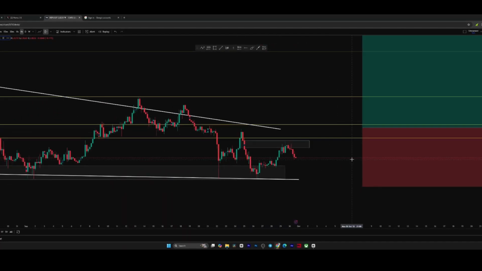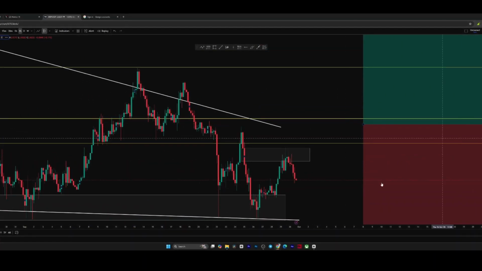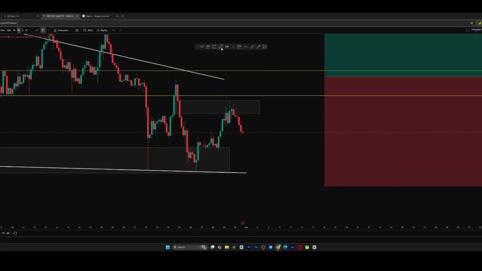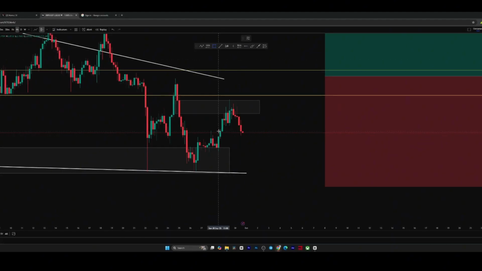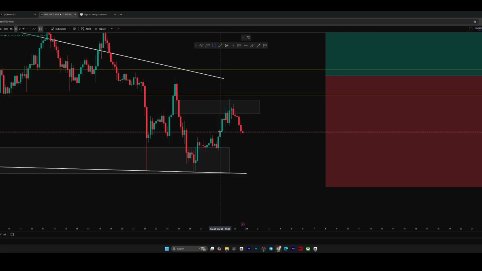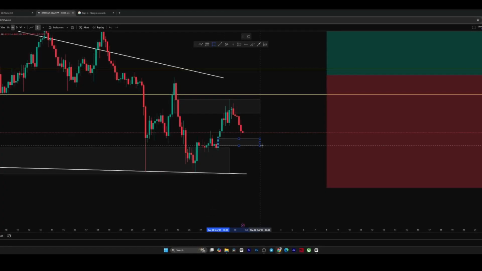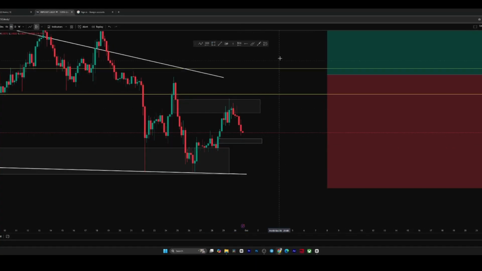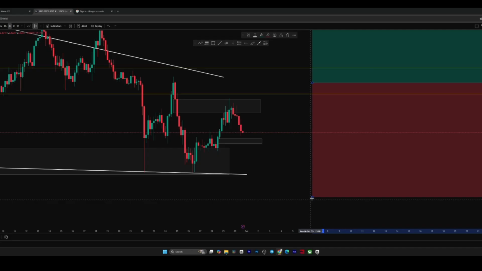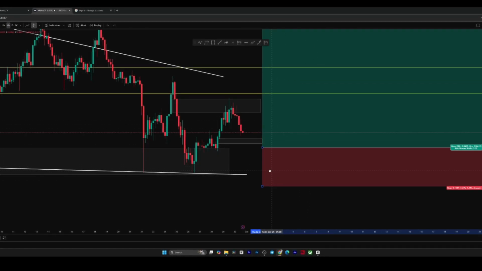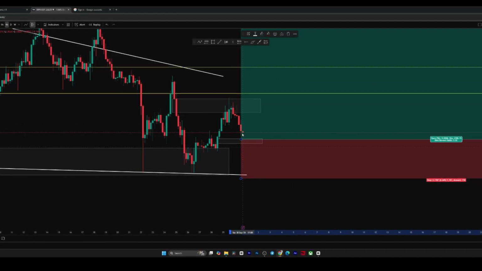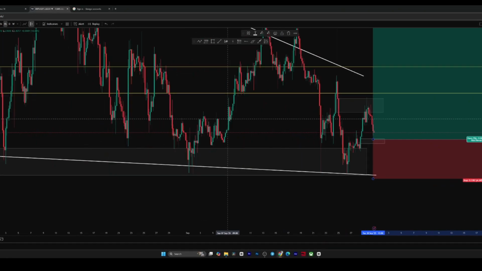Alright, this is me dissecting further on the 4-hour time frame, and I'm seeing a whole lot. So now let's take a look at this fair value gap. But obviously we want to get the last fair value gap. So I'm going to be taking a look at this guy over here, which brings me to want to set my entry down here, right? This is where I'm going to want to buy XRP from, guys,